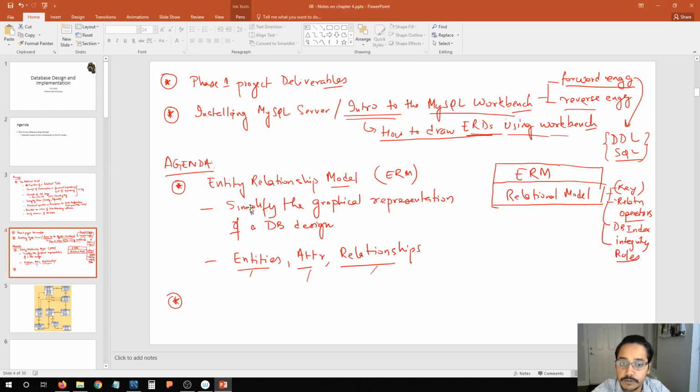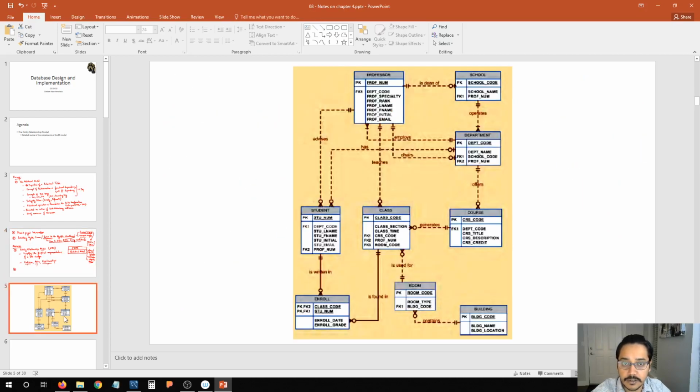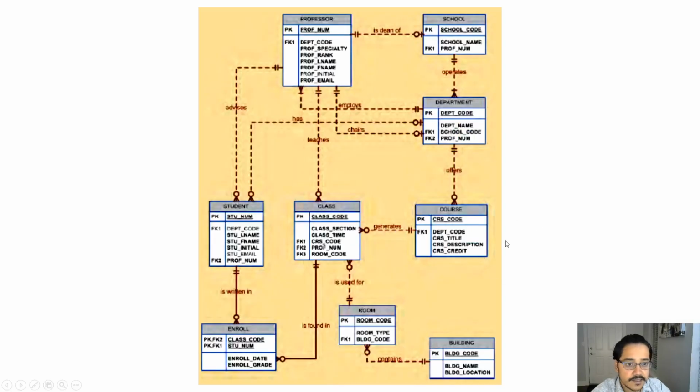And that is the reason why we will be learning more about the different components of the entity relationship model in detail, and then use that knowledge to better design our ER diagrams. So that is the agenda or objective of this video. Even though the chapter has this at the end, let's start with this diagram. This is an ER design of a university database system, and it has different components. This is the final conceptual design, the conceptual model